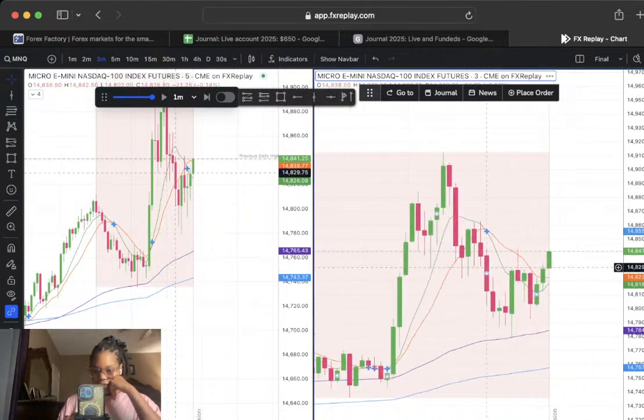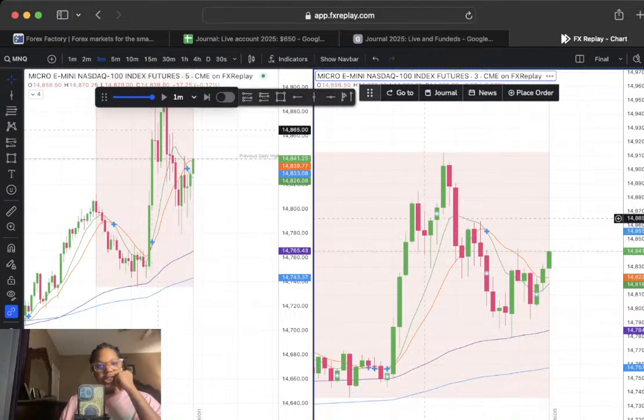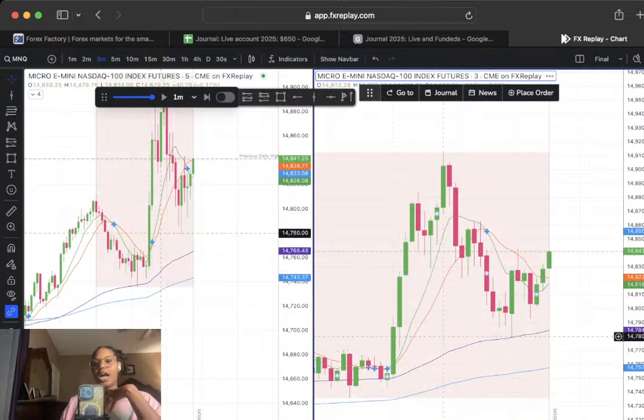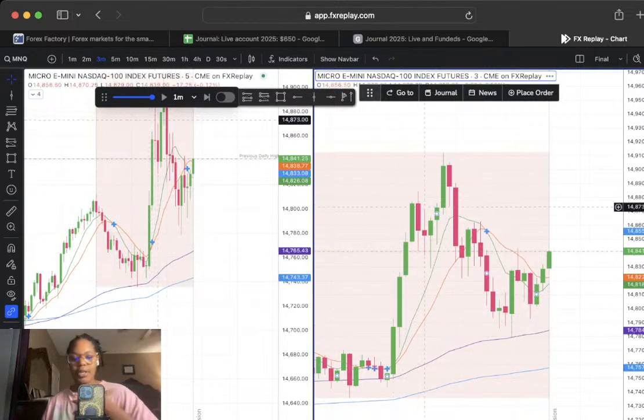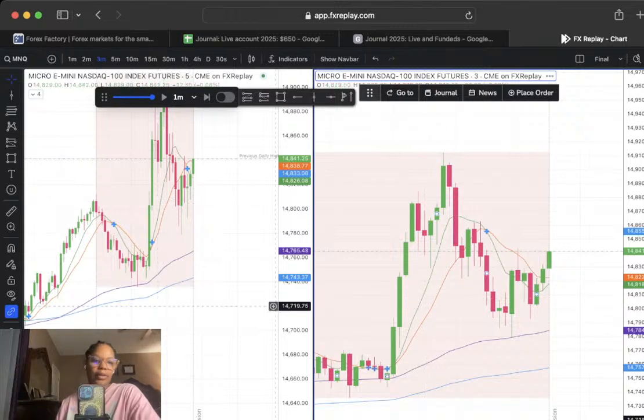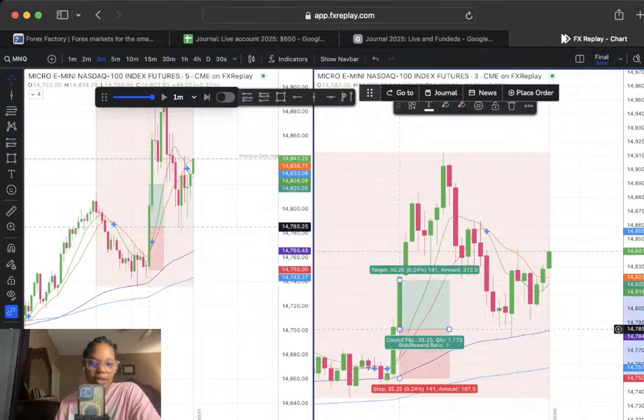Thank you for the gift. Bad entry, need to wait for the rejection and retest. No, I don't do that. It doesn't matter if your stop loss is big. Again, I get people who do wait for the retest, but I personally don't. I've seen it go without me enough where I don't like waiting for the retest. I just like to get in when there's space, because see, now we had space here.